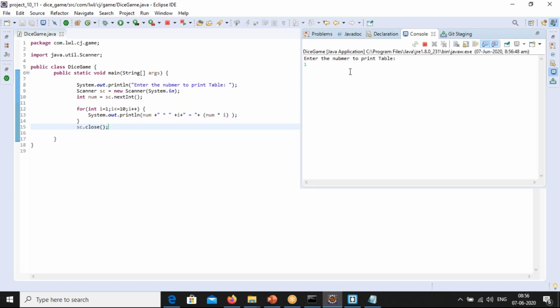I will give 29, because anyhow we are not calculating, the computer is doing that. Definitely it is going to calculate very fast. We will just be printing it, you will be printing the table.